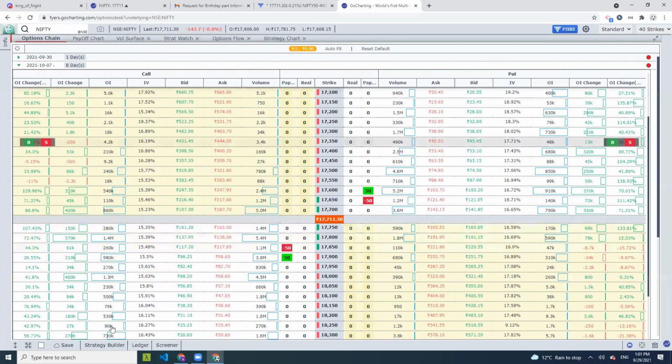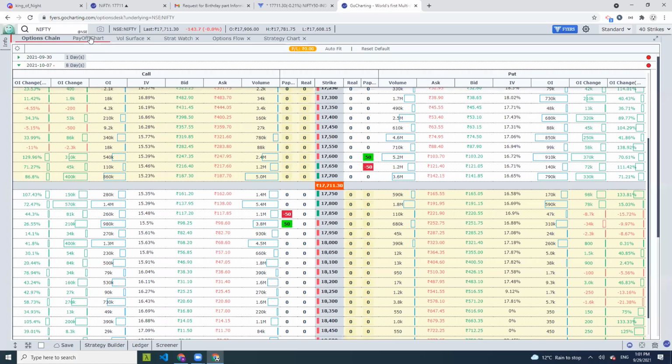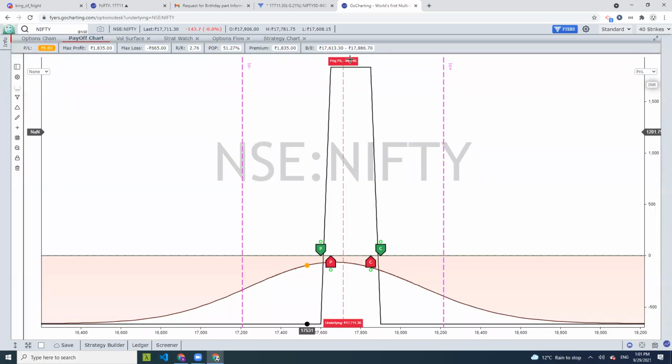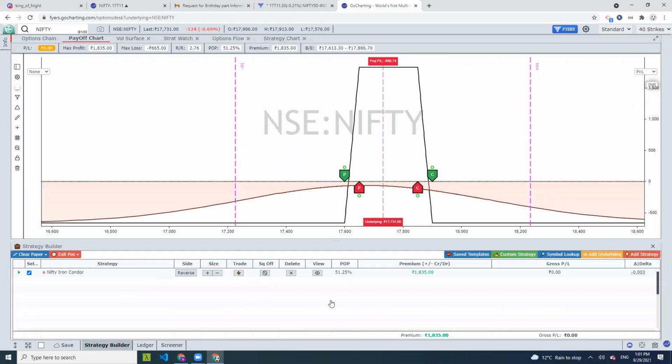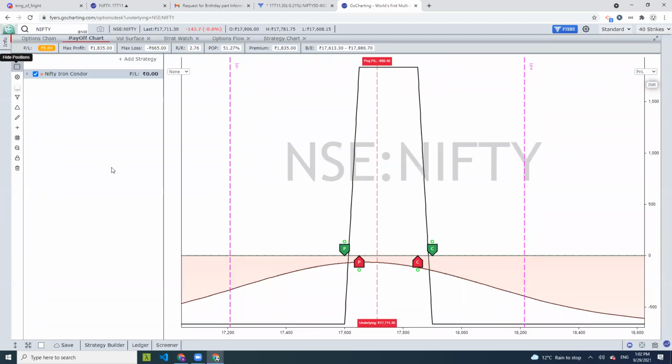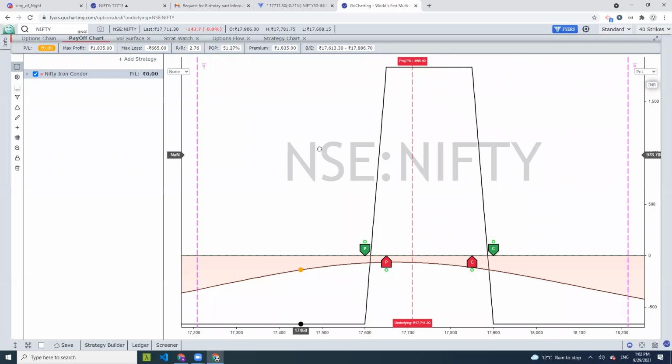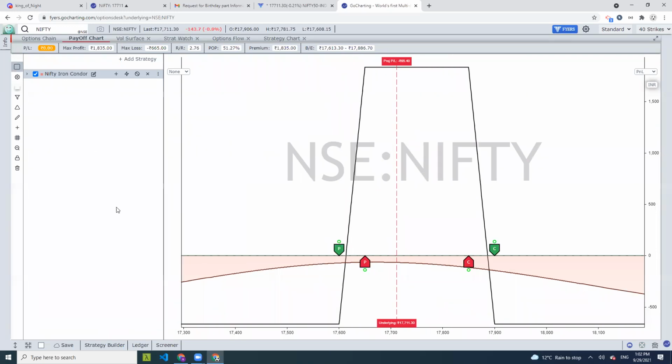Okay, moving to the payoff chart. We have already seen that we had created an iron condor. Now, from a UI standpoint, many people over the last 2 months said that we are so used to using some of the Indian platforms which have positions on the side panels. So we thought, if you don't want to have it on the bottom like this, let's give them the ability to do the same through the side panel. So anybody who is more keen on using this kind of UI, you can use it.